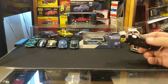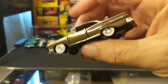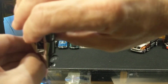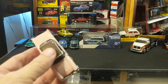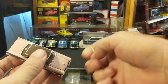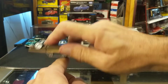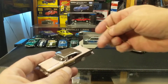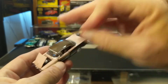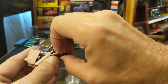Speaking of M2, I decided to bring out this beautiful Ford Fairlane 500 that was a gift from Diecast Room. This has an opening hood, and this hood tilts towards the front, so I always call this clamshell. So the hood opens, the doors open,